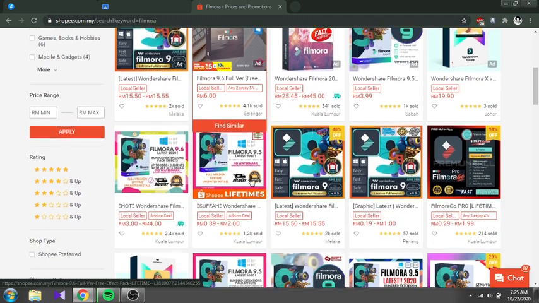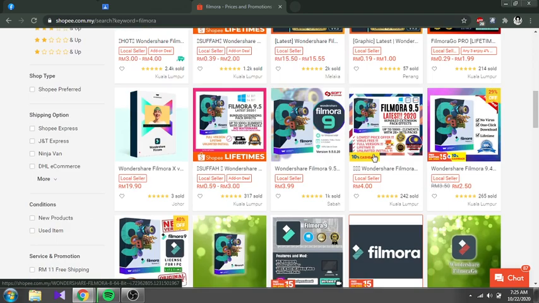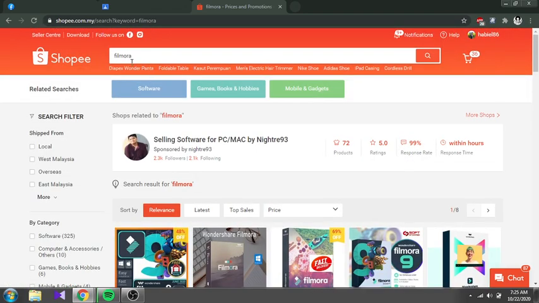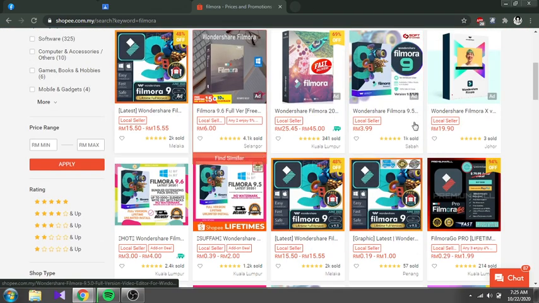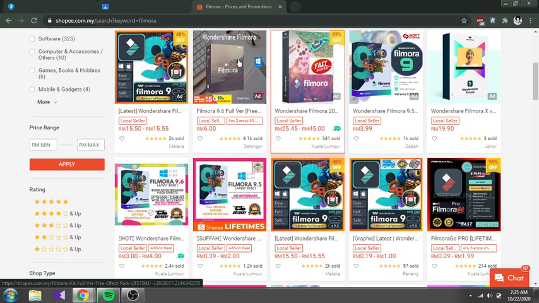Kalau for the mana, for the faster solution boleh lah nak beli kot, tapi I'm not recommend for you lah. Tapi you have this option lah sebenarnya. For the all this package software sebenarnya you can get dekat Lazada and Shopee, everything is cheaper. But this one is memang sebenarnya kalau if Filmora knows this thing, atau tadi Microsoft knows that dia punya software has been sell by the seller yang not authorized ni, they can be sue lah sebenarnya.